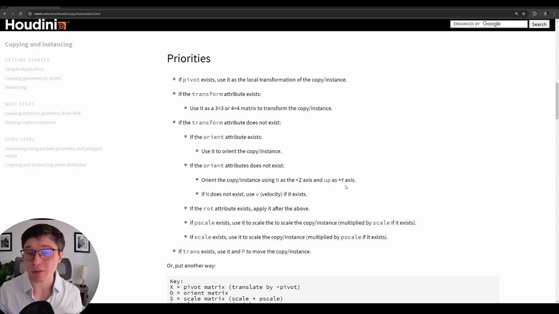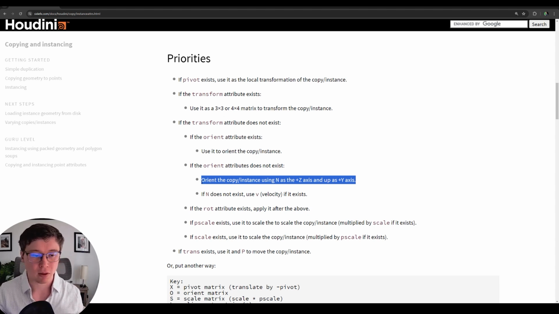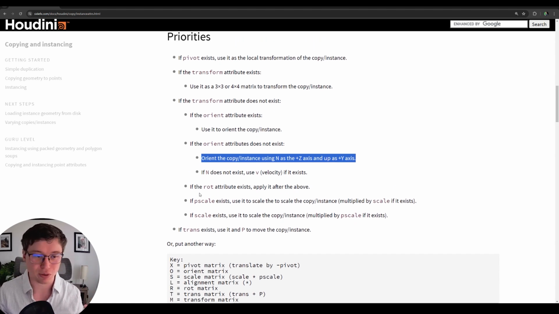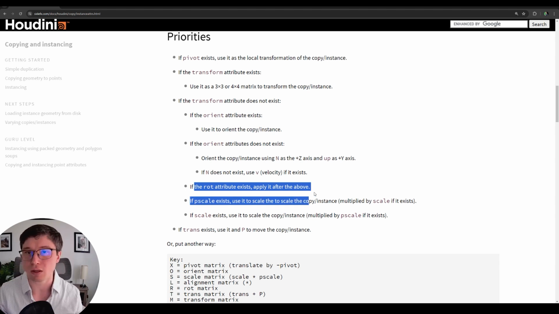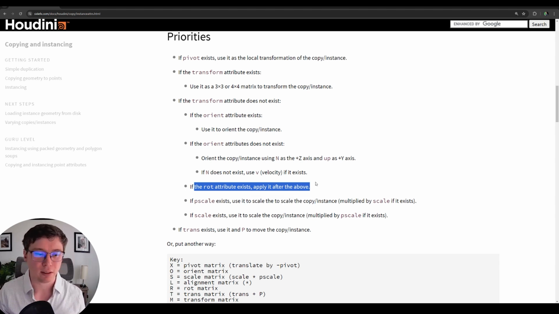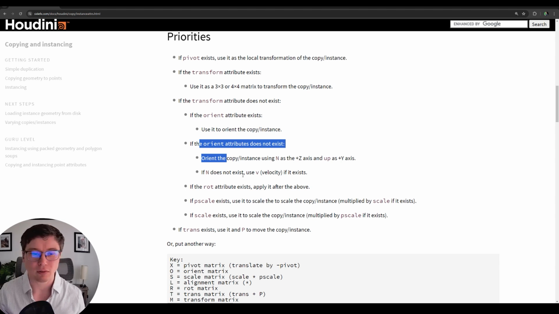I think that would be the simplest way for beginners to approach orientation within a scatter system. And yeah, of course, there are other ways. There's also the rotation attribute that exists that you can use to drive rotation. So we're going to try and mostly make use of orient and normal and up vector maybe in this video.